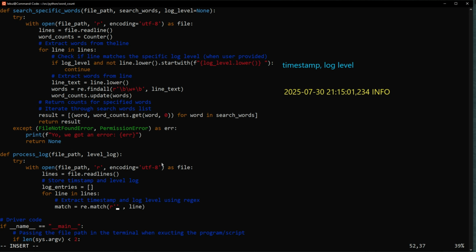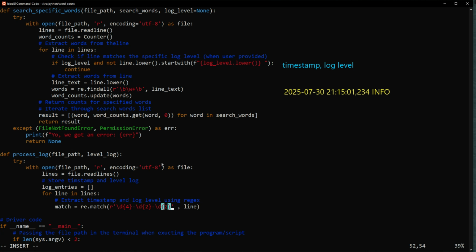We want to open and close quotes, and the first digit is 2025, so we're going to use backslash d for 4 digits, and the next one was 07 with the dash in between. So we're going to use backslash d for 2 digits, right? Okay, and again dash,